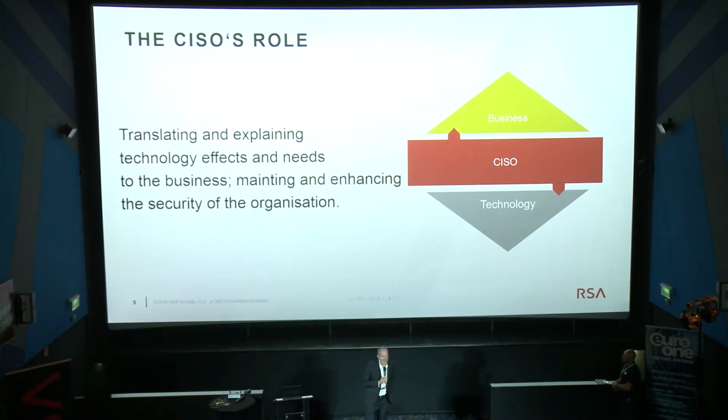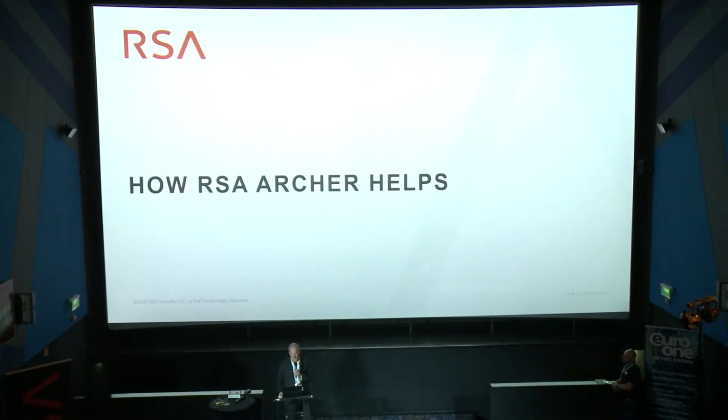And on the other hand, he or she needs to make sure that the company is safe, that the company is secure from the latest and greatest malware threats and attack vectors, so that the business in return runs smoothly. I think this is pretty obvious, and therefore the question is, how can RSA Archer finally